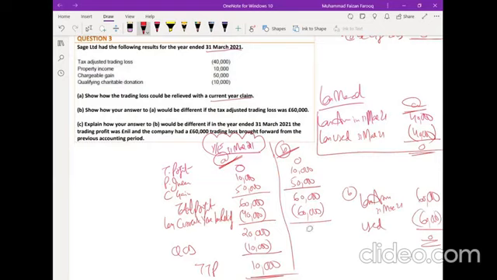0. What will happen to QCD? QCD is the reducer of TTP, right? Because of the donations, my taxable total profit reduced, which means ultimately my tax is going to be saved. Because of donations, my tax is saved. Why are we giving donations? From the perspective of tax, to save the tax.